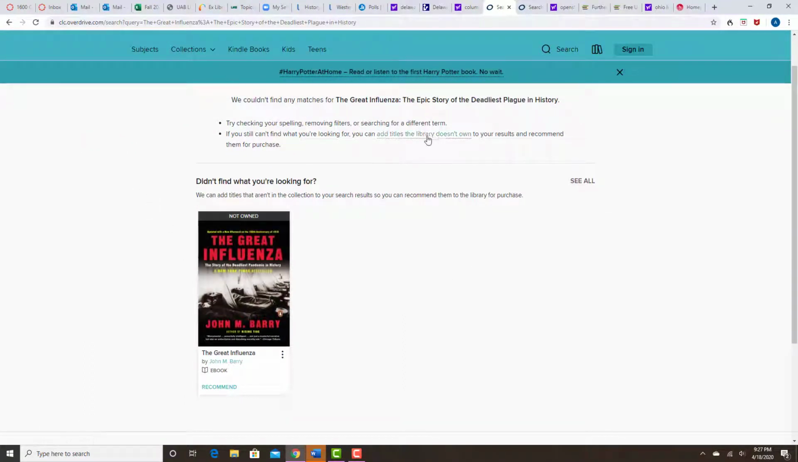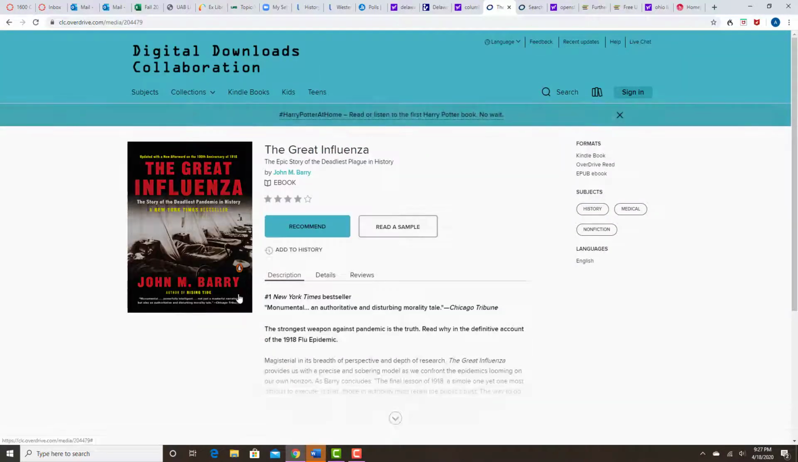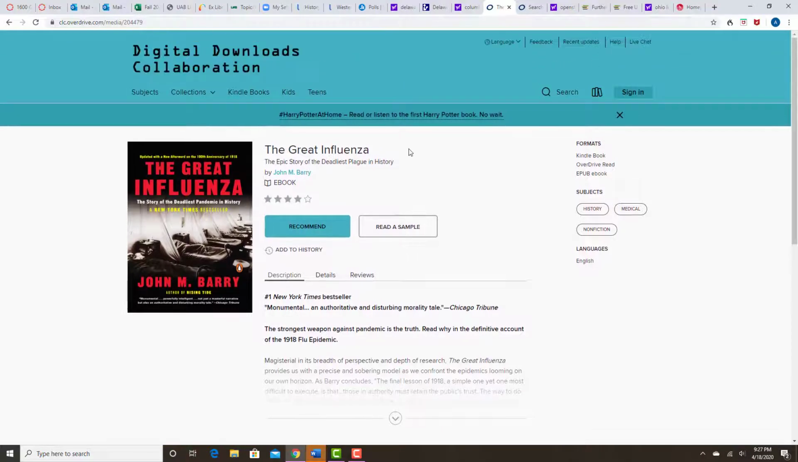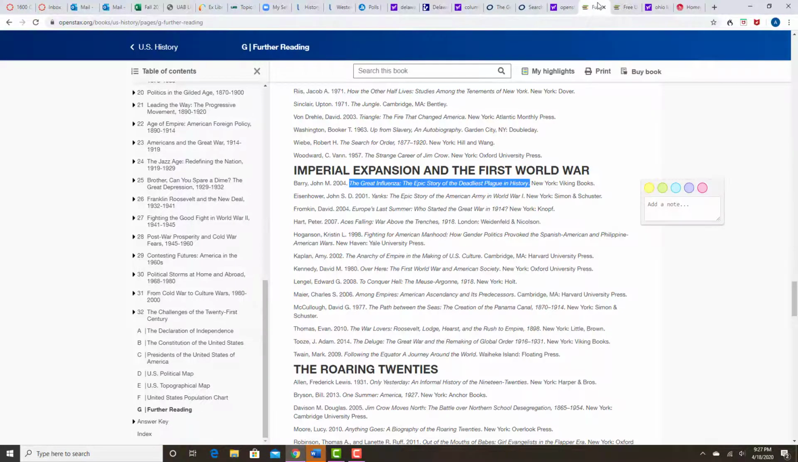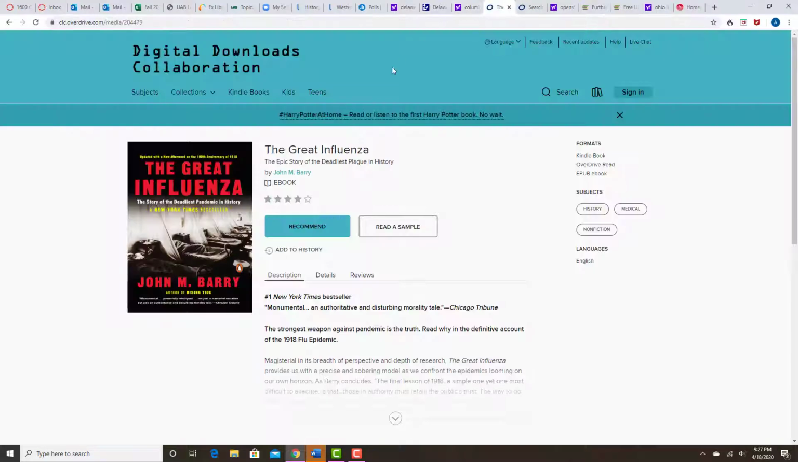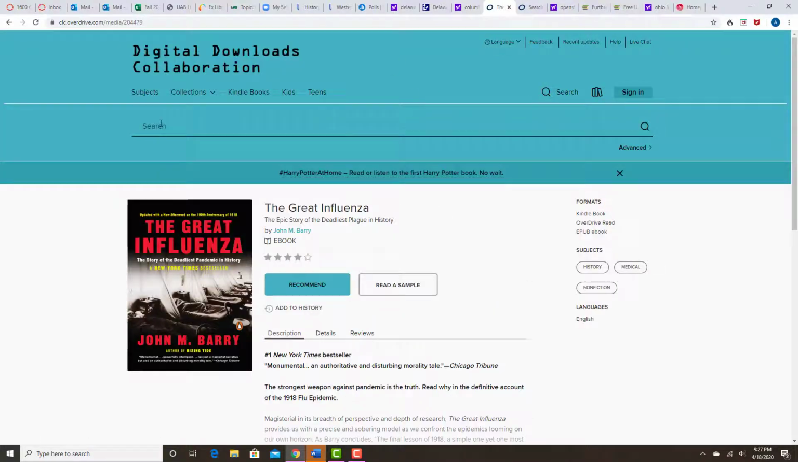They didn't find anything, but this is the book that I was looking for. Since they didn't find anything, I want to go back and find another book. And if you're not successful with that, because these books have been picked over, a lot of people are using these options and these services,